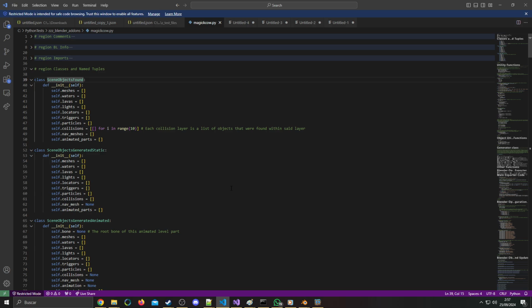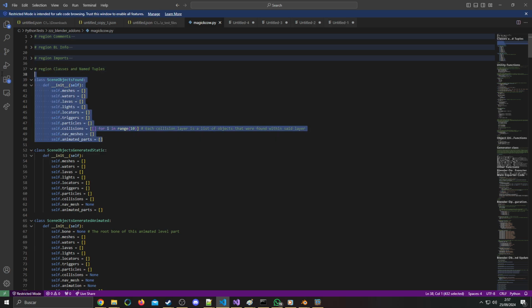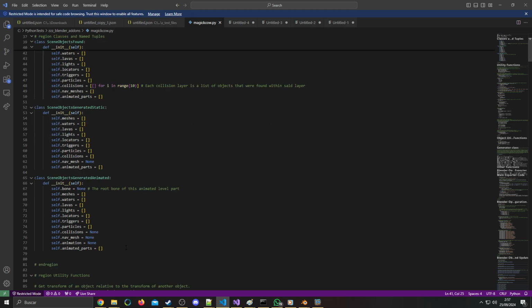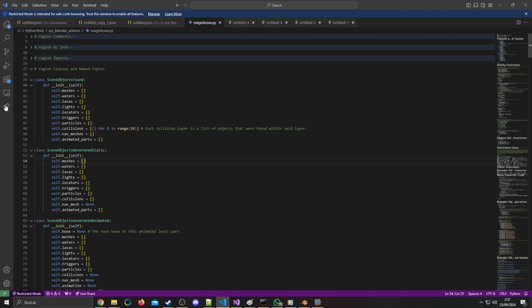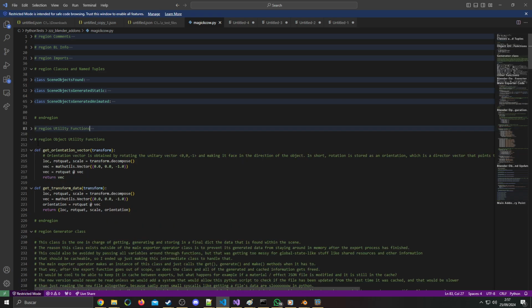It was far easier to use something that let me access members through name. So that's basically the only reason they exist. This is the find scene data, and these are for generated scene data for the animated and static parts. So let me go over, well, we got a bunch of utility functions, object utility functions,